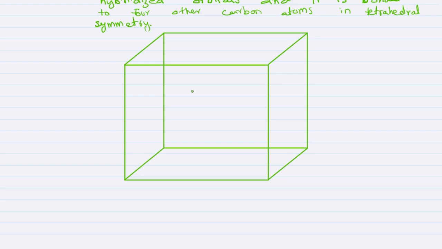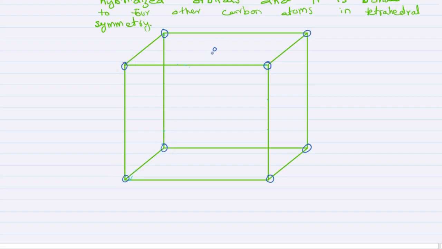So now we had taken a separate cube to understand the above statement clearly. So we will first put the corner atoms, corner carbon atoms, and then atoms at the faces. Now we will put the atoms at the tetrahedral position. This atom is connected to the further 4 carbon atoms. Now we put atom at the other tetrahedral position. Once again this carbon atom is connected to the further 4 carbon atoms in a tetrahedral symmetry.